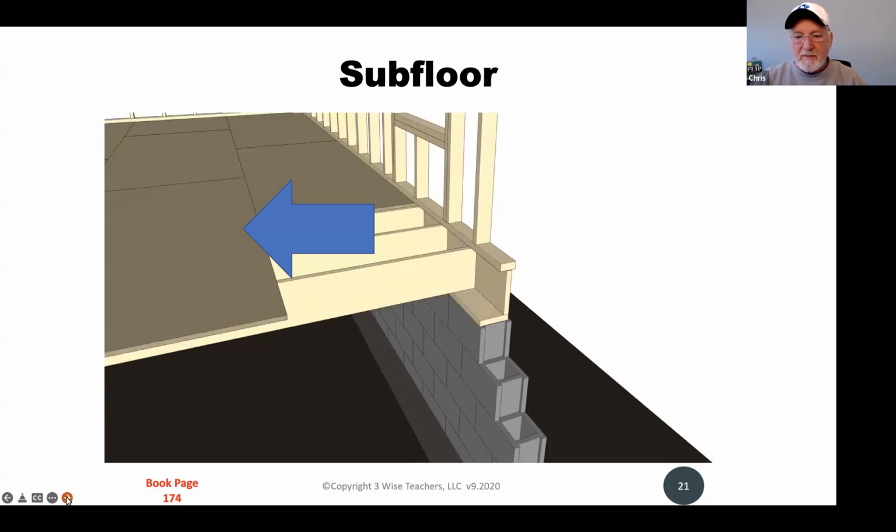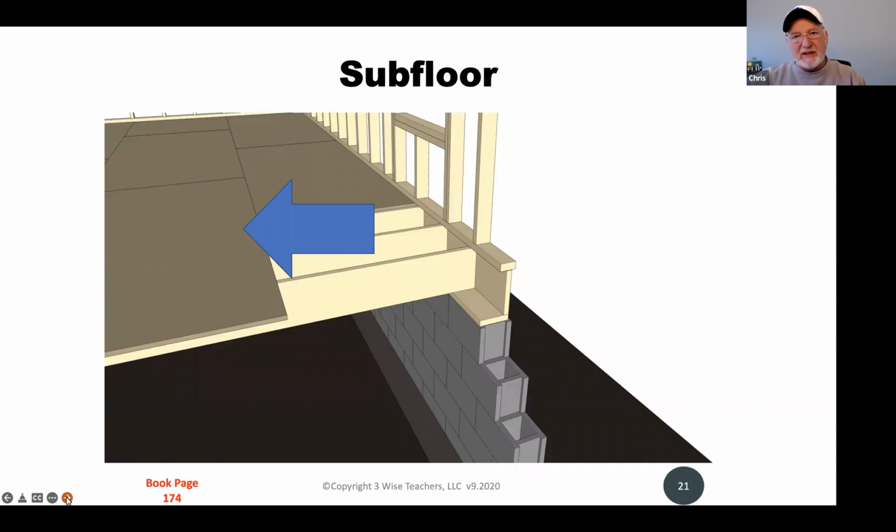You can see now that the subfloor is laid on top of the floor joists. The subfloor is typically going to be plywood or OSB. You can see it's usually 4x8 sheets or something like that. And now we're setting those on top of the joists to create the subfloor. Obviously, the reason we're putting it there is because ultimately you're going to put a finished flooring material on top of that, something along the lines of carpet or vinyl or hardwoods.